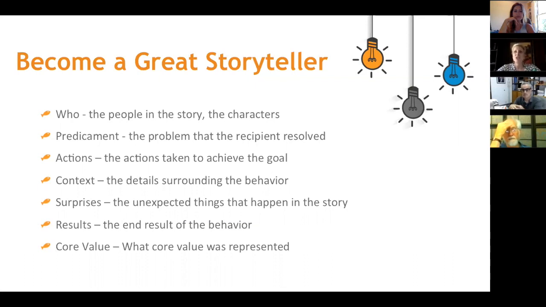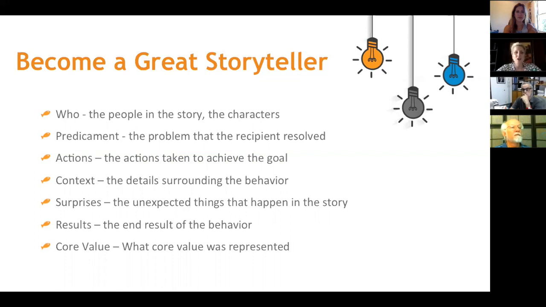And we're not just saying thanks for a great job and carrying on. So we need to become great storytellers. We need to master a storytelling kind of mindset. So when we're sitting down to write a recognition, or we're going into a town hall to say something in front of everyone, or we're doing a conference call or anything, think through who deserves a recognition.